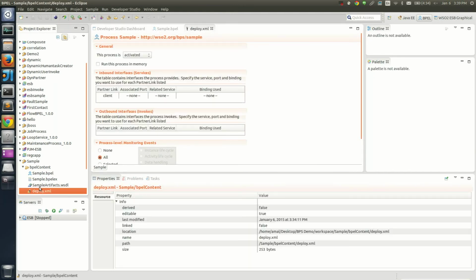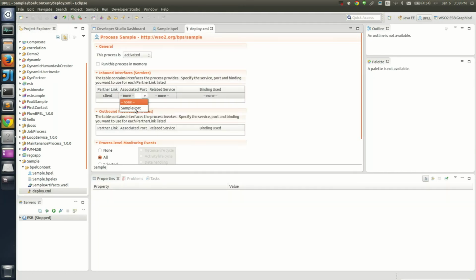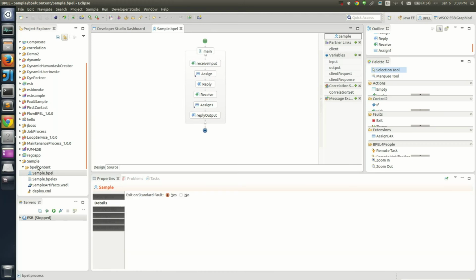Now the final step is to configure the deploy XML, and after saving all the changes, export it as a deployable archive.